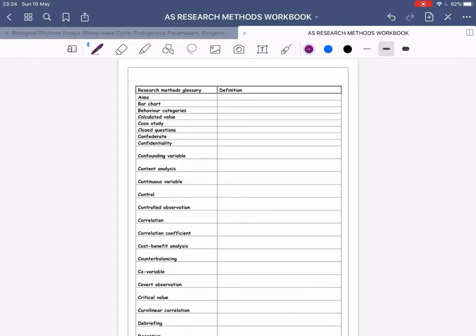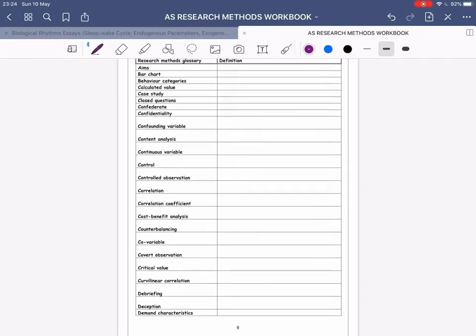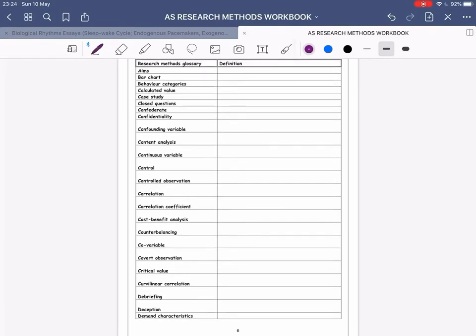Now, this is one of my favourite parts of this workbooklet. This is where you have your glossary. And one thing that I learned when I was an A-level student like yourself is knowing key terms is so crucial. Knowing key terms is like adding seasoning to your chicken. I kid you not. Because if you're able to understand and define key terms, that in itself can provide an entire answer. So what I've done here is I've got a list of key terms